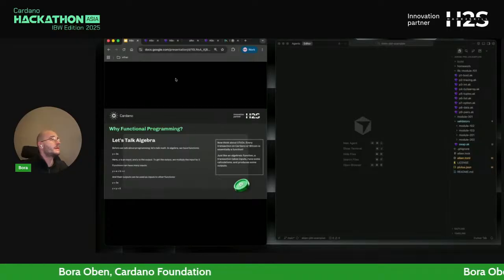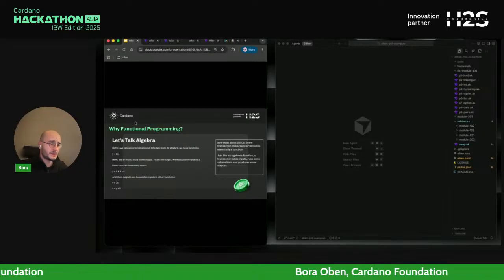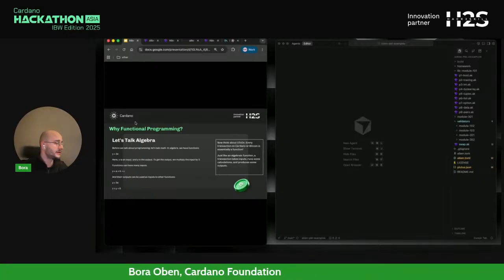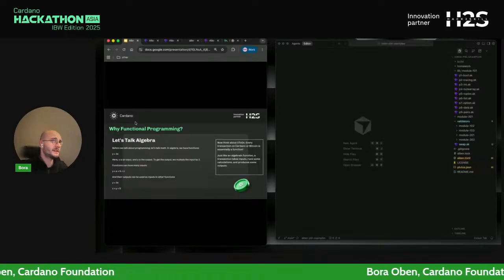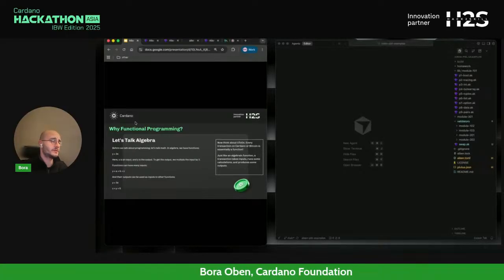Let's move on. So why functional programming is a nice way to think about Cardano, and it's kind of clear why functional languages are quite well fit for the UTXO blockchains.